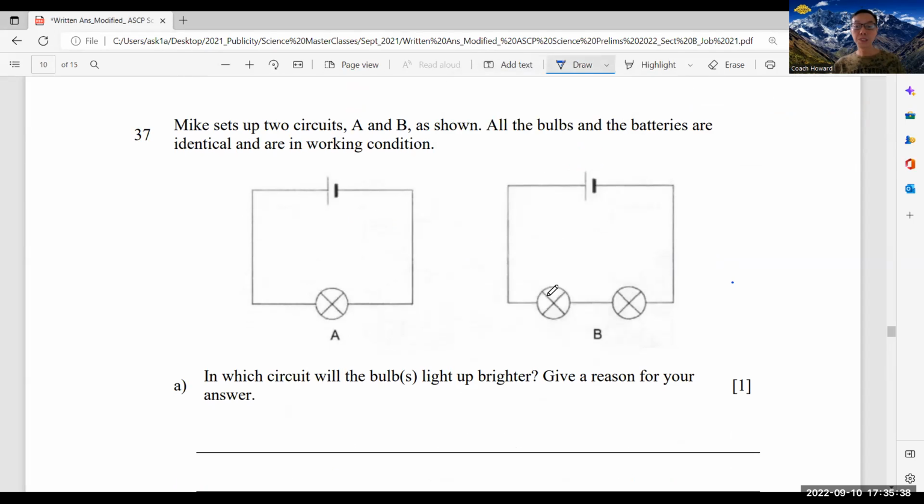So you notice here there are two bulbs in series. There's only one here, and there's only one and one. So the greater the number of bulbs in series, the dimmer. So this question is very simple. Which one is brighter? So its answer is circuit A. Okay, circuit A. The reason is,